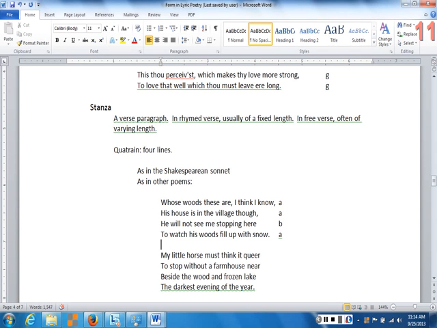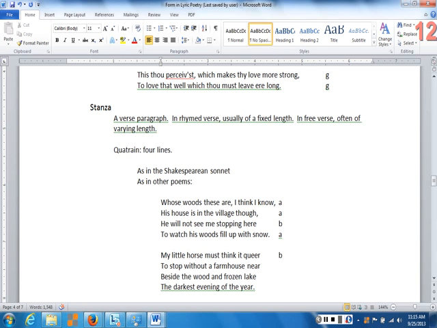Now, notice how he is linking the stanzas in terms of rhyme. Remember when we talked in the first part about the Shakespeare sonnet, we saw that each group of four lines had a different rhyme sound or rhyme pattern. The rhyme sounds in each stanza then were different. But here, Frost is going back to one of those rhyme sounds in the first stanza, isn't he? And what sound is that, A or B? Okay, you should be able to figure this out.